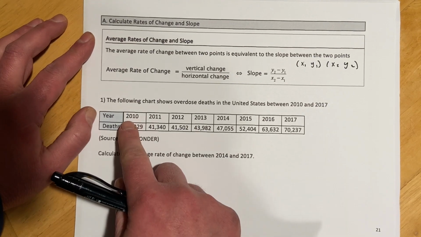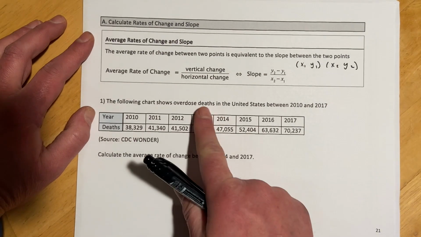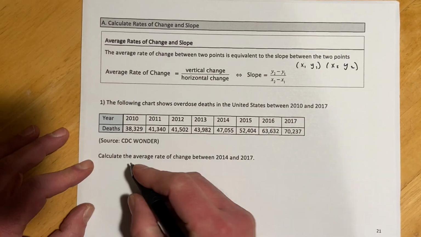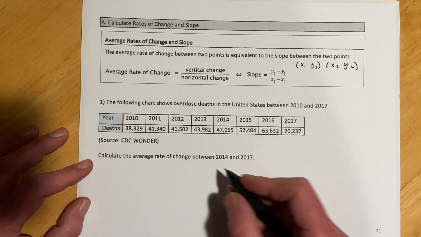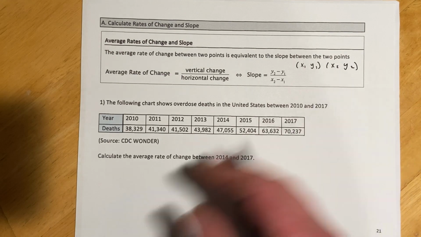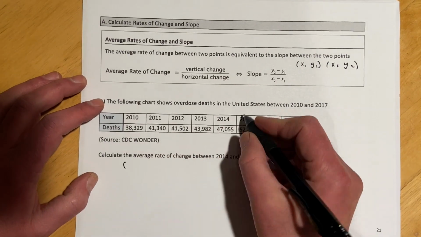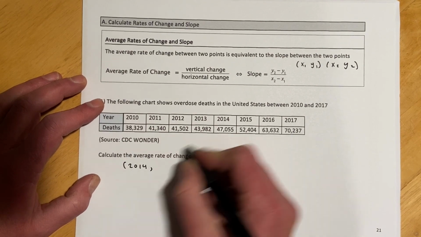For the following chart, the chart shows overdose deaths in the U.S. between 2010 and 2017. Calculate the average rate of change between 2014 and 2017. I'm going to write it in this form, so you have to think about which thing is X and which thing is Y, so that you get things in the right order. So I'm going to come up here and go 2014,